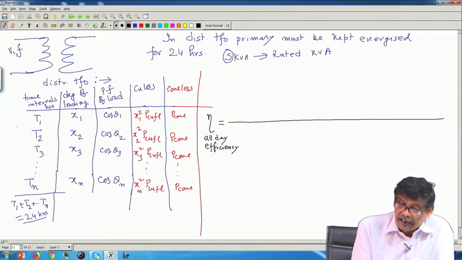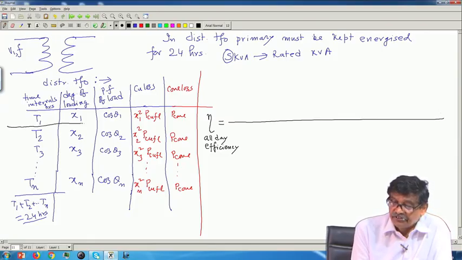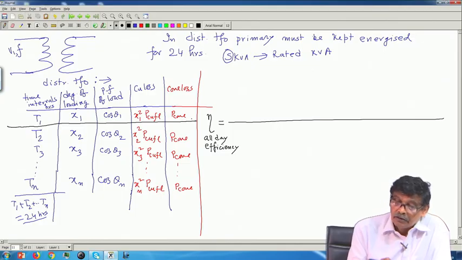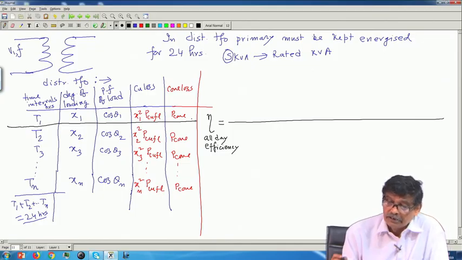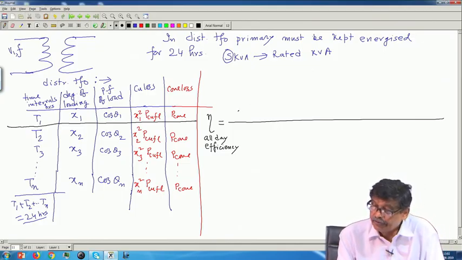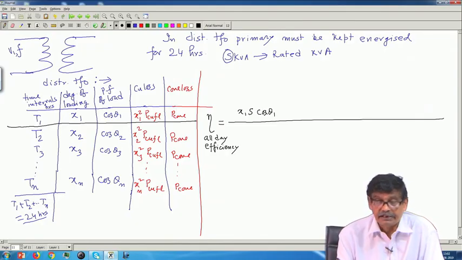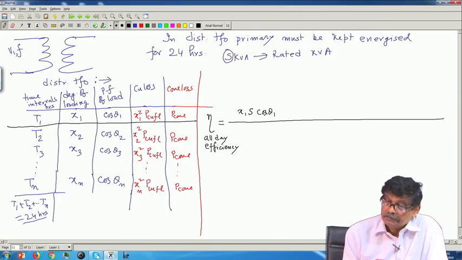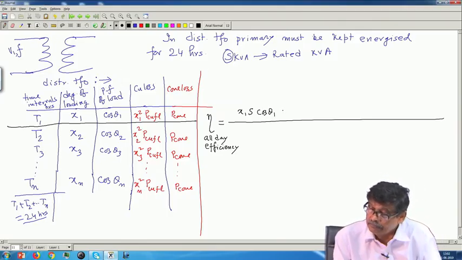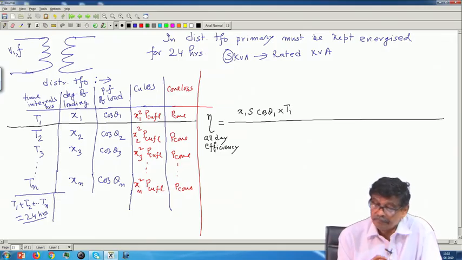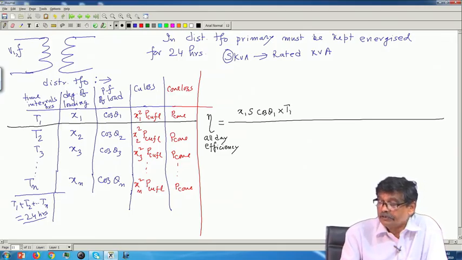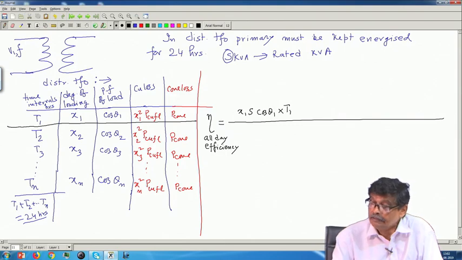What is the output energy in the first T1 hours? What is the kilowatt output? It will be x1 S cosine theta 1, this is the kilowatt, into T1. In the first T1 hours, so much kilowatt hour plus